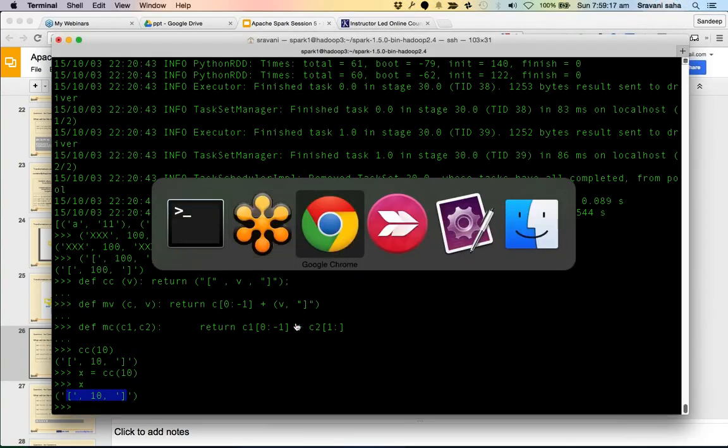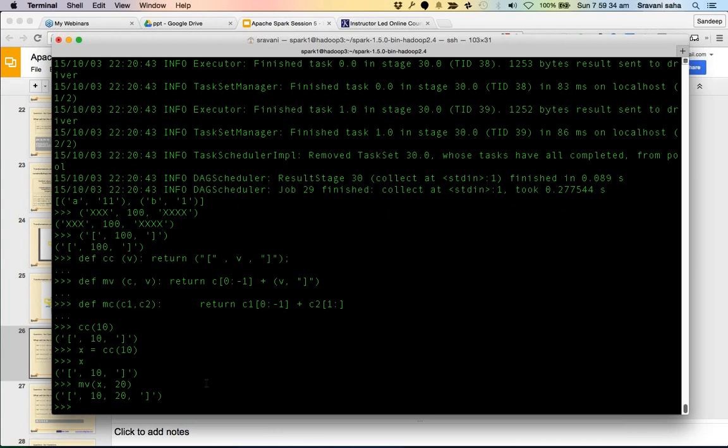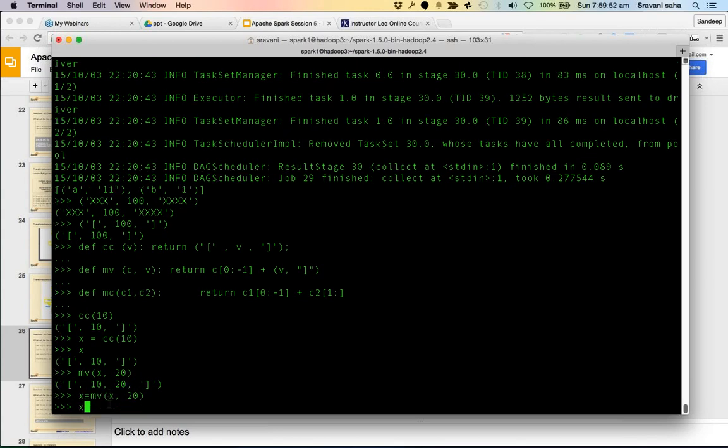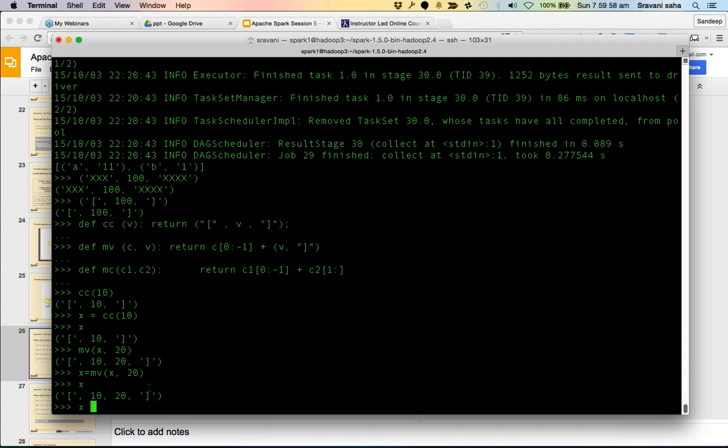Alright, so this is what we have done. And now let's see what is the output of MV. MV's output is, let's say we put x and we put 20 here. Now you see that? So it has created a tuple by combining this tuple and this tuple, by removing this one and putting 12 and right square bracket. Okay, and let's say we put it again in x. Now we have got x as this, and next thing we do is,